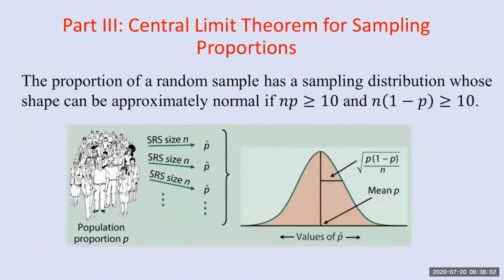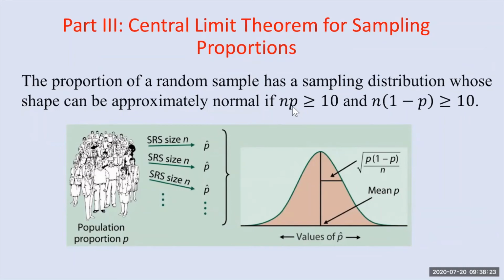Okay, here is the third part of the central limit theorem. This is not on mean now, this is on proportion now. Let's read the problem first. The proportion of a random sample has a sampling distribution whose shape can be approximately normal if,